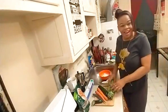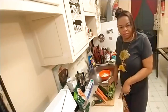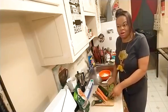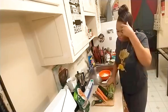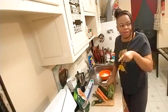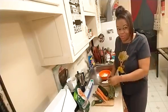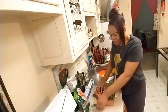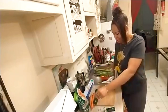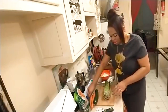Okay. I'm going to do some vegetable and shrimp foil packets. These packets can be put in your oven. They can be put on your grill, or they can be put in your air fryer. So I'm going to just be doing them on a sheet pan in my oven. I'm going to get my asparagus ready first. And I don't even know if I'm going to be using all of this asparagus, but